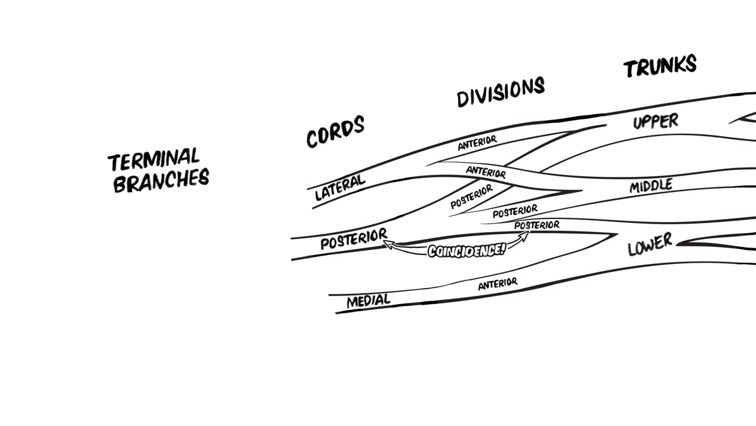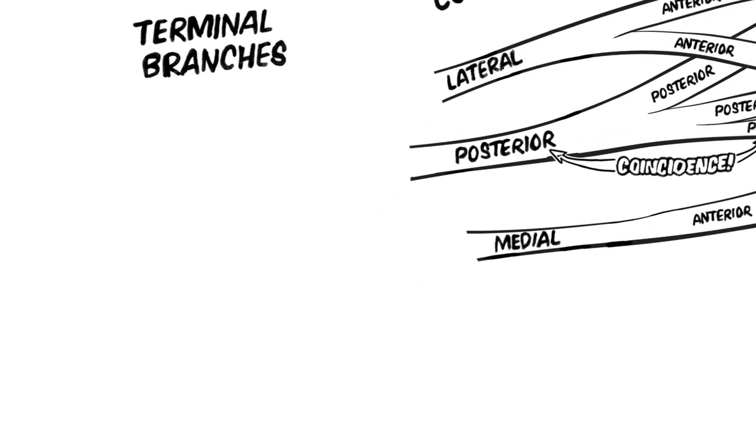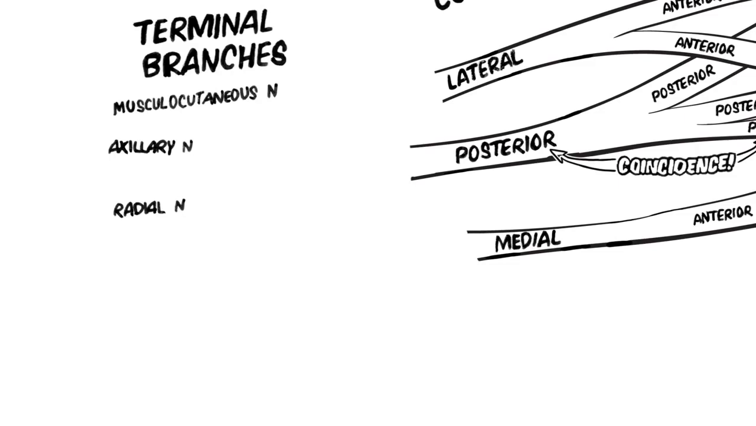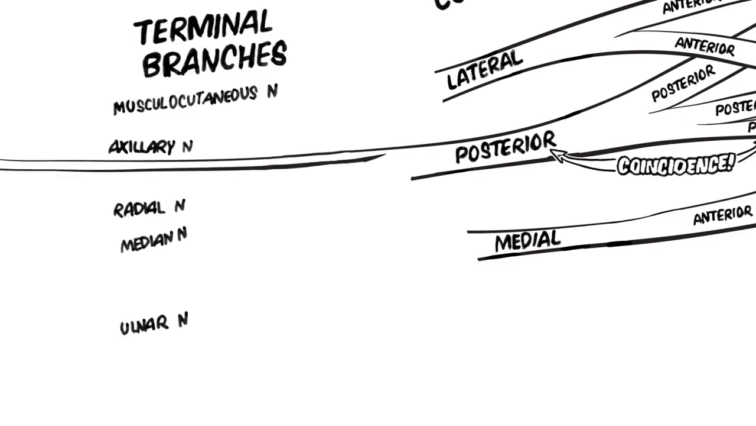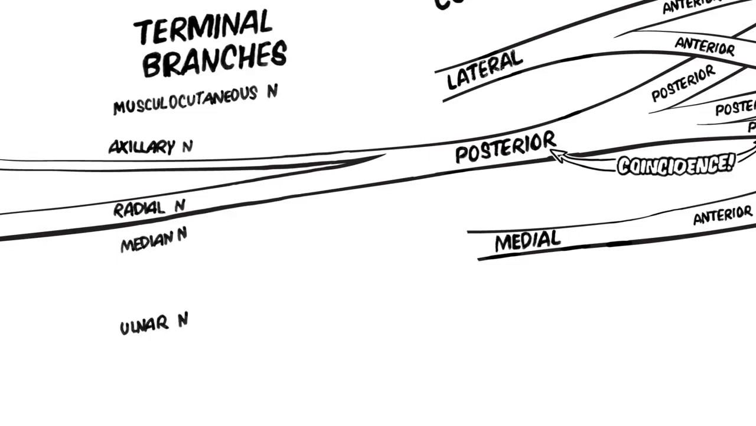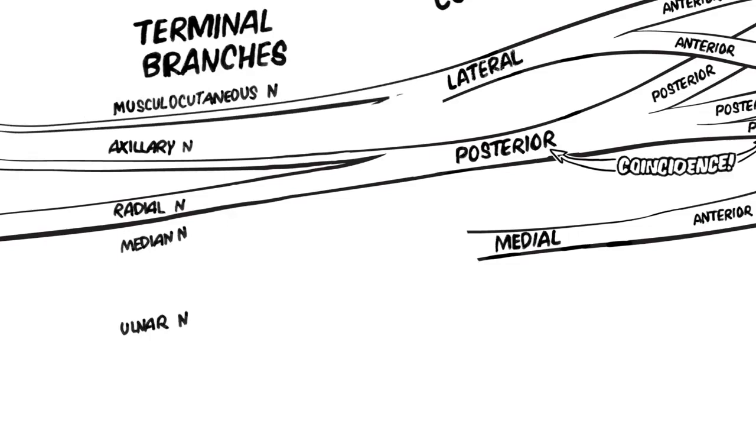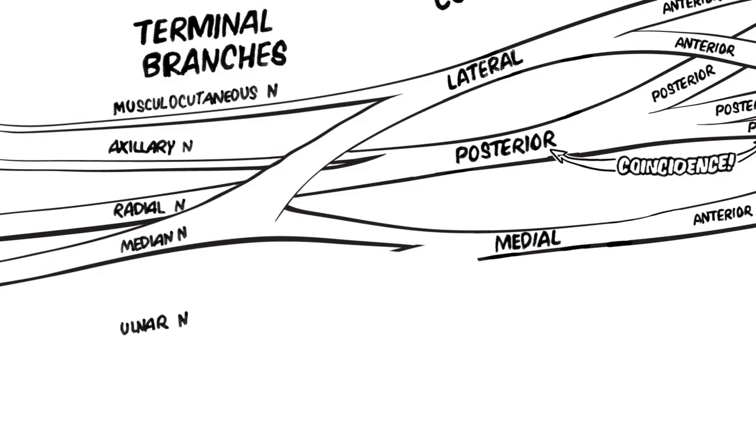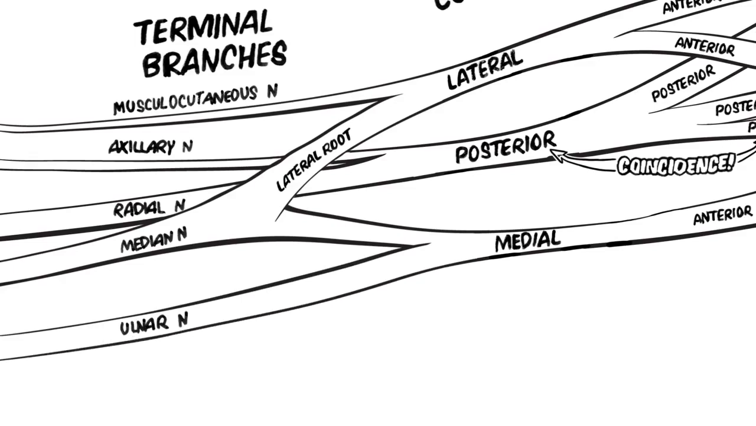Finally, the brachial plexus will form its 5 terminal branches. These are the axillary nerve, radial nerve, musculocutaneous nerve, ulnar nerve, and median nerve. The posterior cord divides into 2 terminal branches, the axillary nerve and the radial nerve. The lateral cord divides into the musculocutaneous nerve and contributes to the median nerve by giving off the lateral root of the median nerve. The medial cord divides into the ulnar nerve and also contributes to the median nerve by giving the medial root of the median nerve, which joins with the lateral root of the median nerve to form